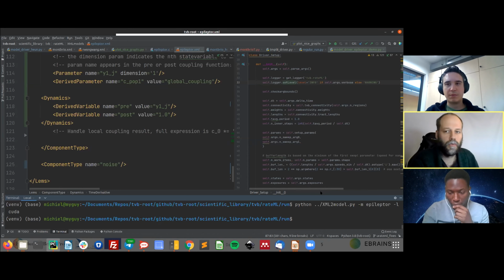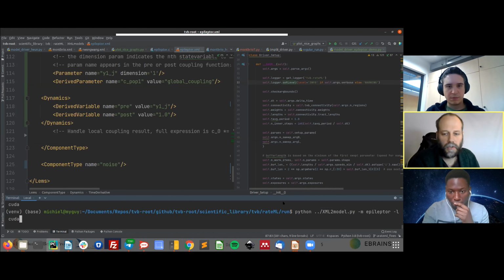So every thread that you run is a TVB simulation producing a certain output using the parameter ranges that you have inputted. If you want to run it, you just execute the Python model driver epileptor. You have to give a few arguments, like a simulation length of 400 steps in this case, at a DT of 0.01. And it's a very small network, only 4 nodes, just for demonstration purposes.